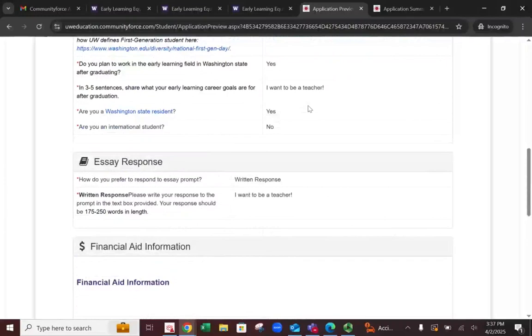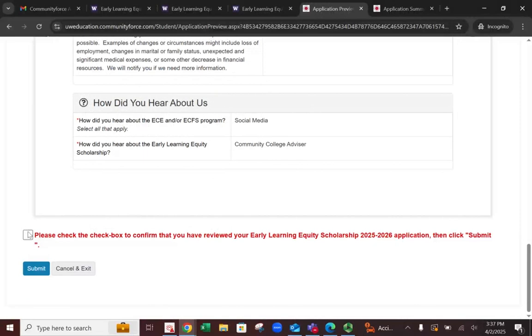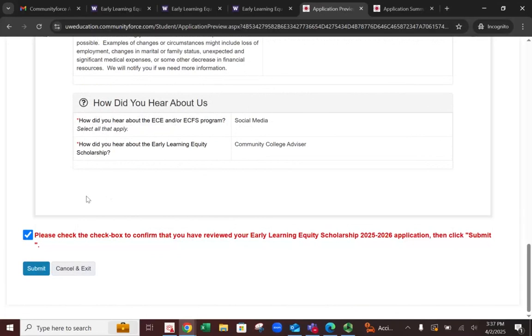Then you can go through, double check all your answers, and make sure they're accurate and true. And then at the bottom, you will have to click this box to confirm that you have reviewed the whole thing. Once you have reviewed and you click this box, you then hit submit. I'm not going to do that now, but you would hit submit and you'd be good to go.